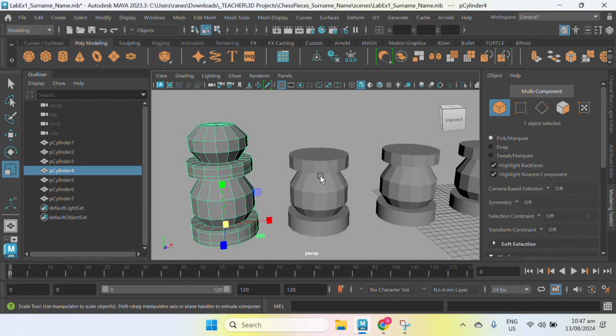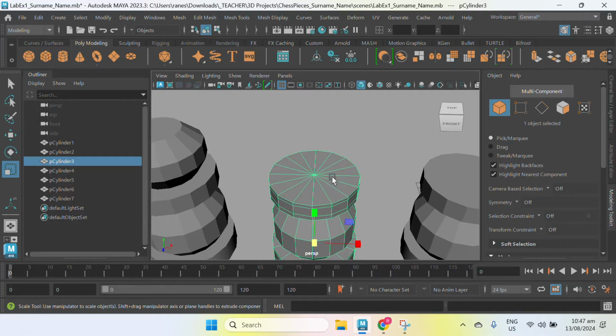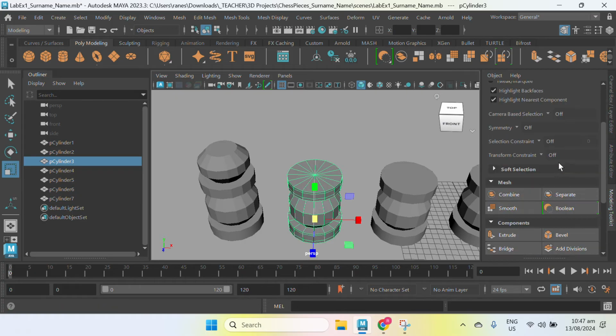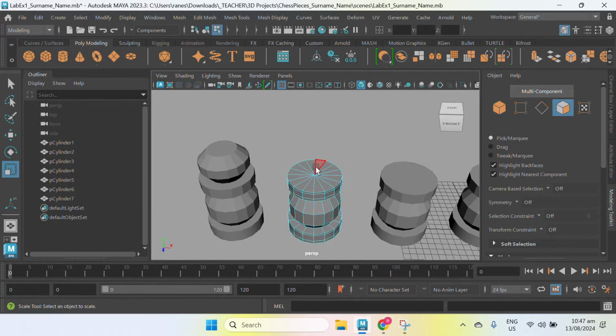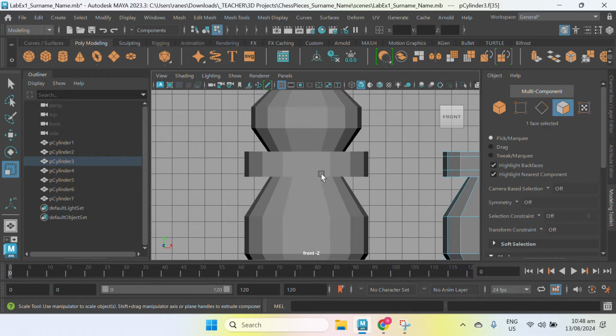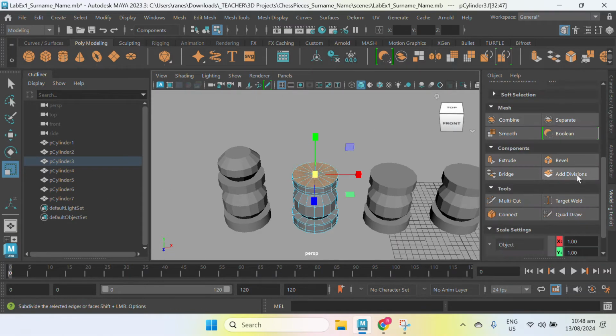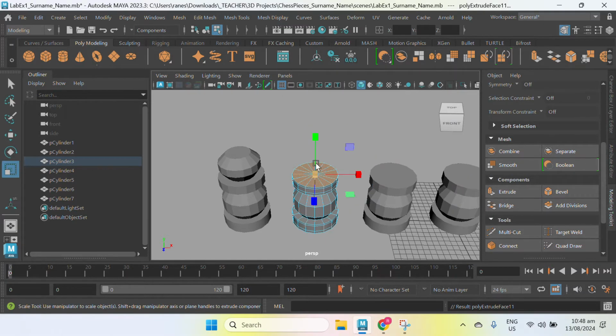This time, I will create the, what do you call this one? Rook. Okay, so for the rook, I will use the face mode and then select the faces at the top. The same process, I will go to front view, spacebar, and then F to focus. Select the faces, and I'm holding control, deselect these faces. Go back to perspective. Now here, extrude, rescale, click and drag to the left,